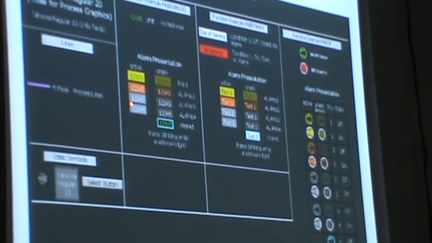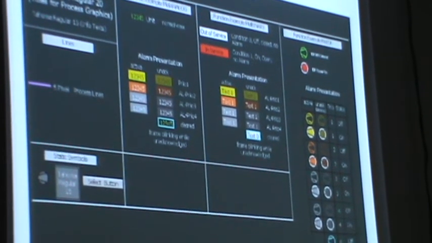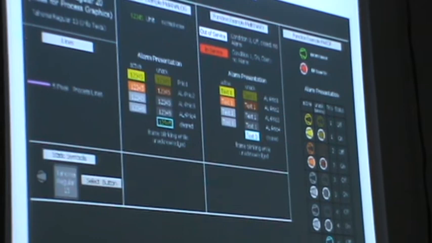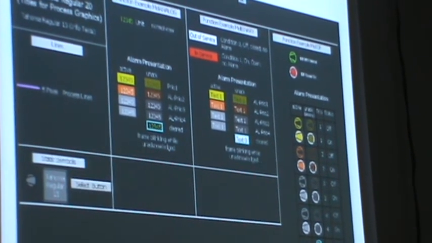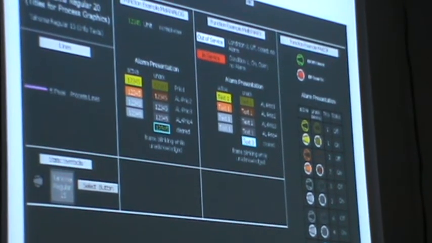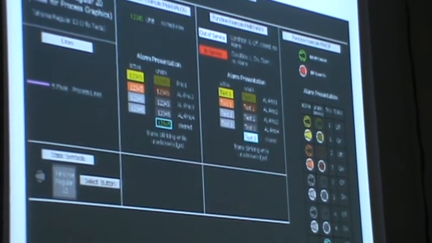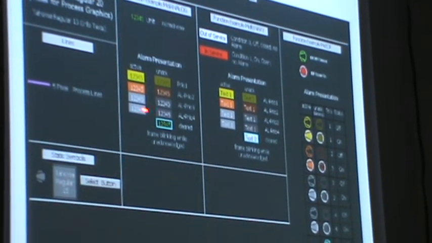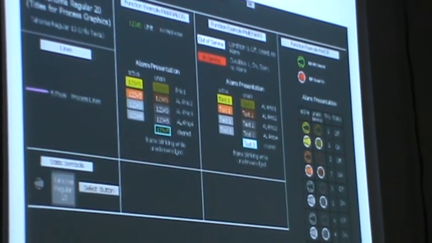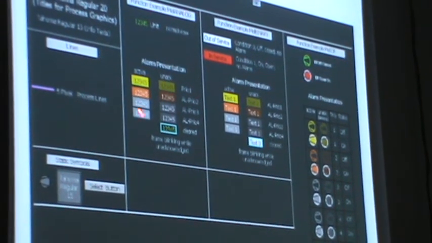And just a low alarm is to alert the operator. That kind of alarm will come in this color, orange. And we have gray. This is a very, very rare condition, like when some interlock happens and it trips. So one interlock happened because of the transmitter, and the pump tripped. So the pump will be in this gray color.